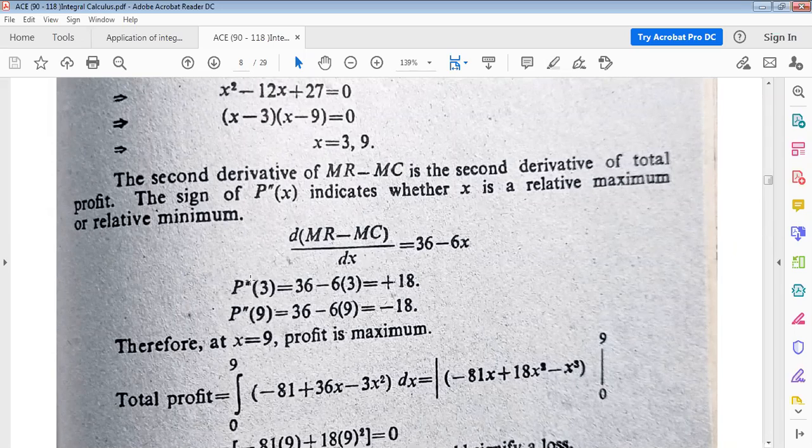So if we take the double differentiation of this, d square P by dx square, then again differentiating, 36 will be 0, and this will be what? Only minus 6. Okay, minus